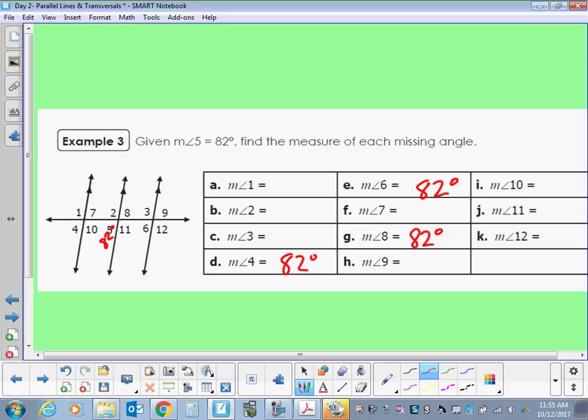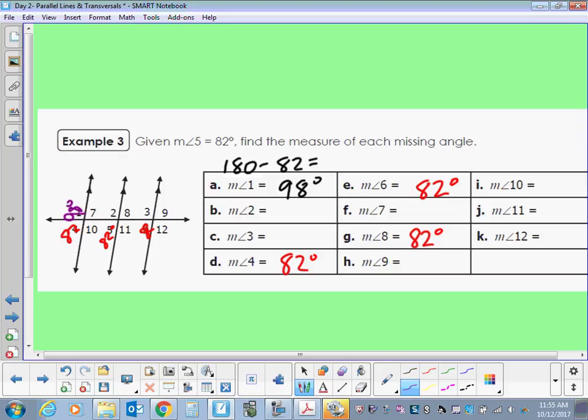Who has angle measure 1? That's 82. For angle measure 1? 98. How'd you get it? Because it's 180 minus 82. She's talking to me. 180 minus 82 gives us what? 98? Yes. 98 degrees. Alright, so I know if angle 1 is 98 degrees,